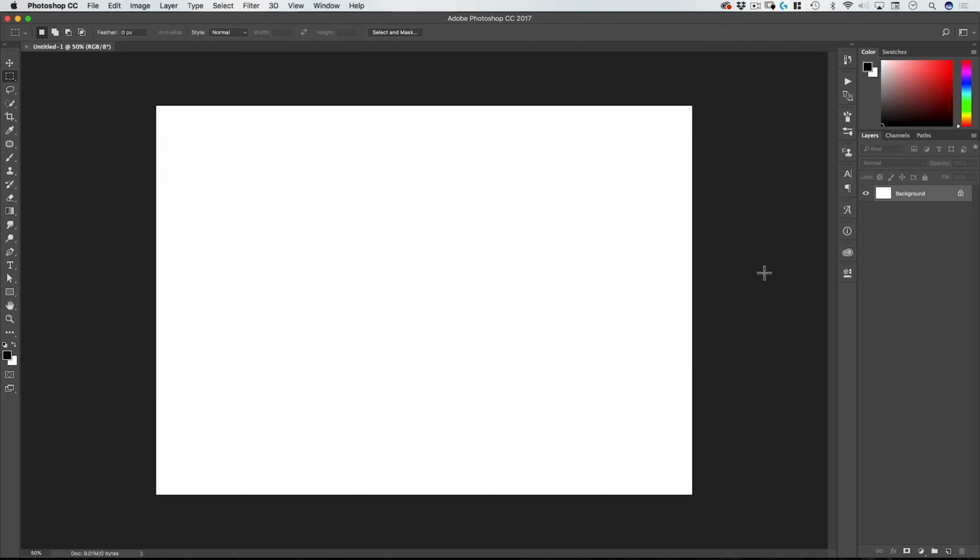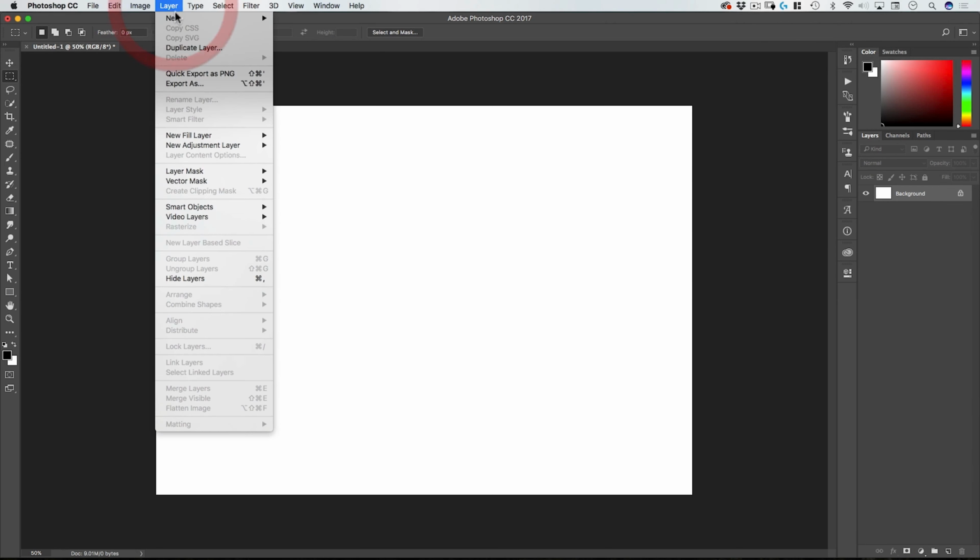Now, let's go to the marquee tool, and we're going to make a new layer. Now, there's a few ways that you can make a new layer. The first is simply clicking on the new layer icon down here at the bottom of the layers palette. Click on that, you're going to create a new empty layer. You can also, and to get rid of the layer, by the way, I'm going to drag it down to the trash can here.